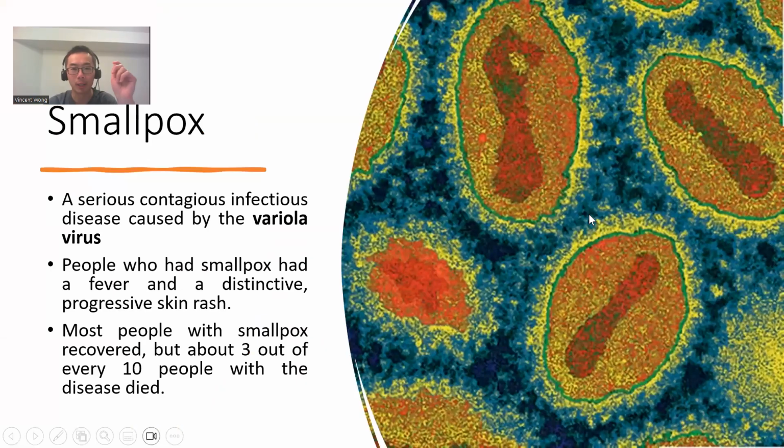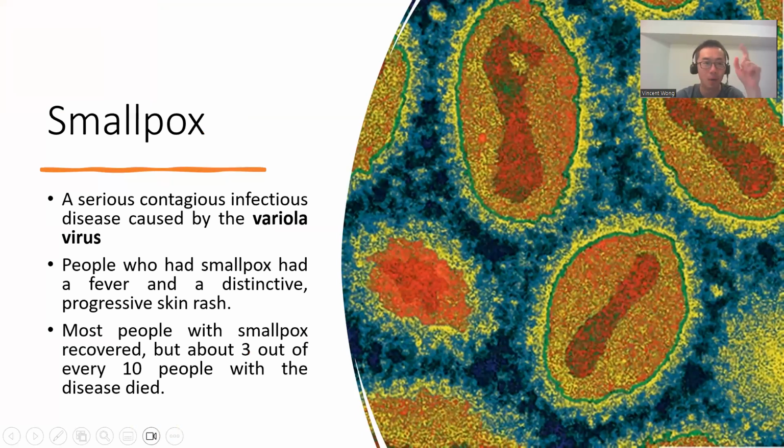The correct answer is 1. We have only successfully completely wiped out one pathogen, and that is smallpox. Smallpox looks like this. It is a virus, caused by